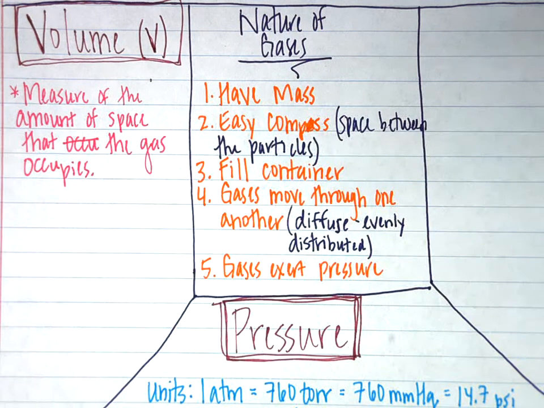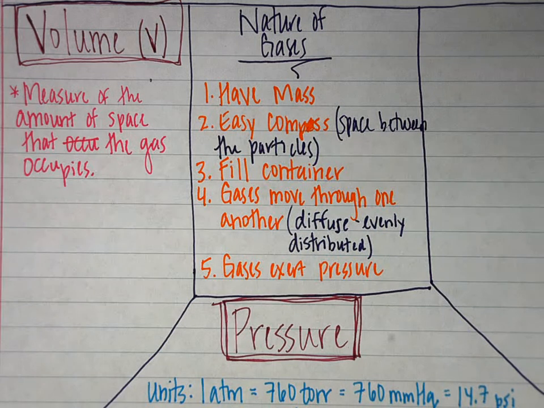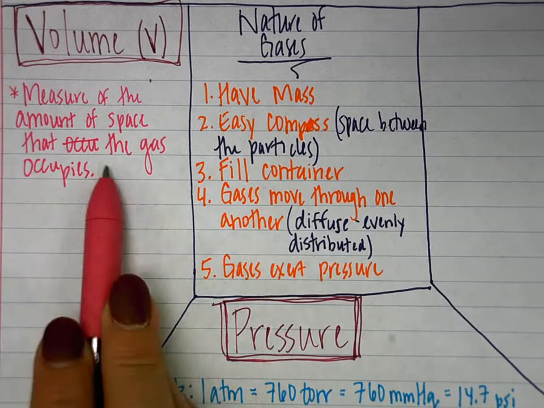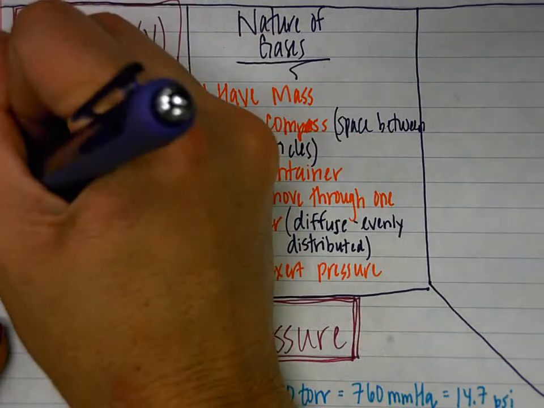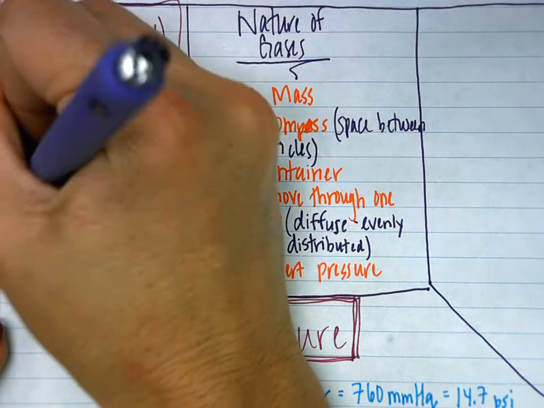So if we have a container that's 5 liters, we're assuming that gas is 5 liters because they fill their containers, okay? So your units that we're going to be using for volume, and you know these units already,